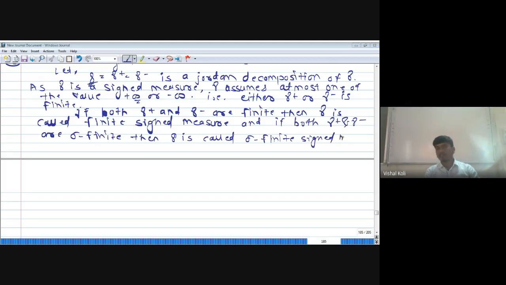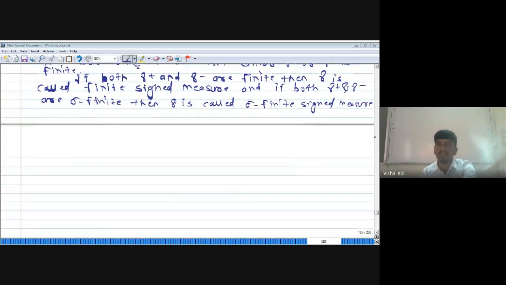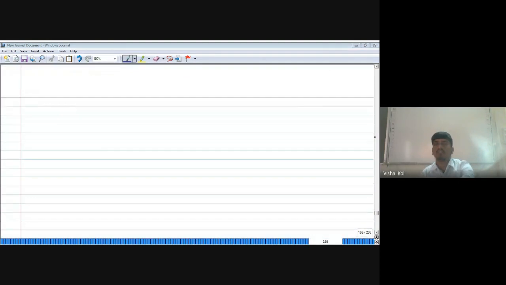And we know what a finite and sigma finite measure is. A finite measure is one where the total universal set X has finite measure, and the corresponding measure is said to be a sigma finite measure if there exists a sequence of measurable sets such that X is the union over n running from 1 to infinity of Xn, where the measure of Xn is finite for each value of n. That corresponding measure will be called a sigma finite measure if this condition holds.